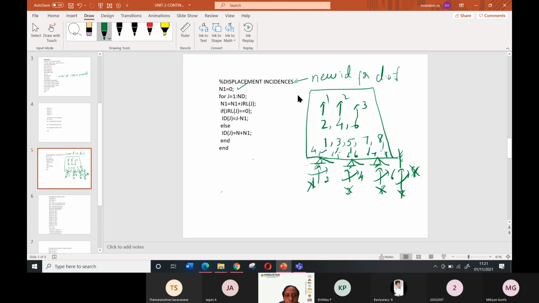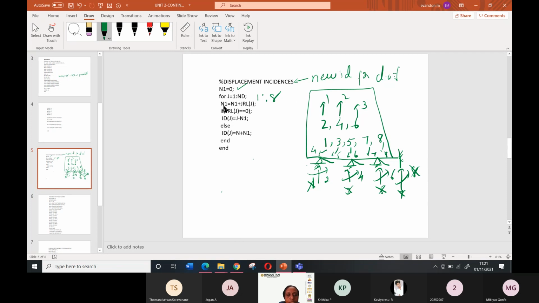So we have to check it from 1 to 8. We have possible degrees of freedom of 8, but some are restrained. What are restrained? 1, 3, 5, 7, 8 are restrained. It will go in increments 1, 2, 3, 4, like that.